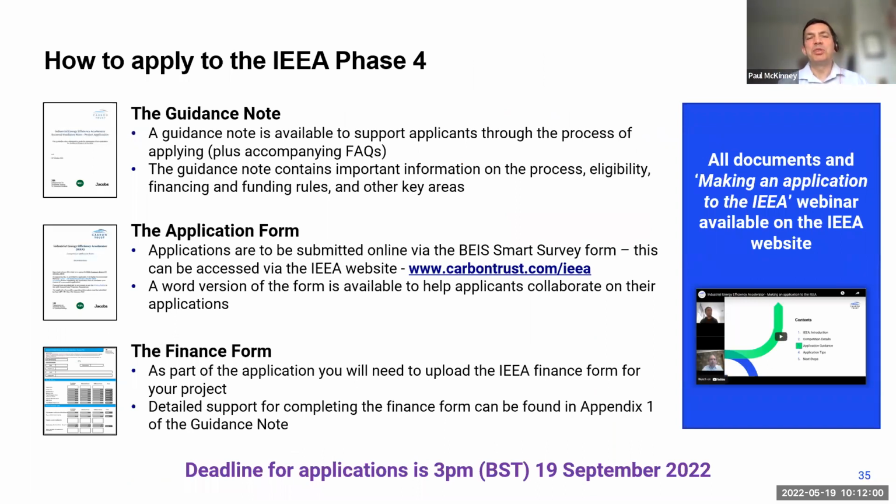So what do you do now if you want to take part? The website is carbontrust.com/IEEA. All of the information you need is on there. I would strongly encourage you, and I'm sure others will say this later on, to submit an idea. There's a form on there when you click on the participate section to submit an idea in advance of making your full application. You'll be asked to lay out who the potential partners are, what idea you've got,